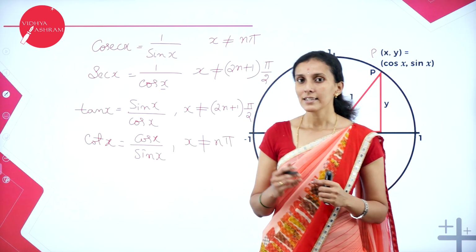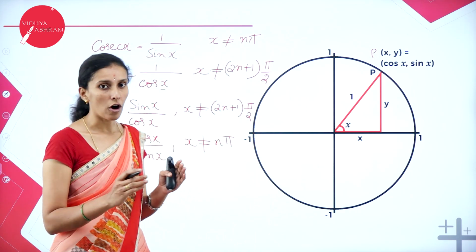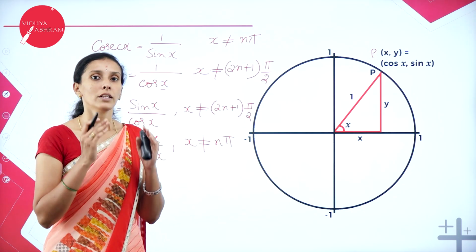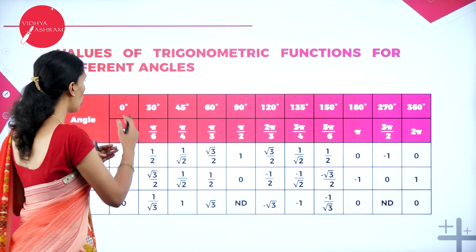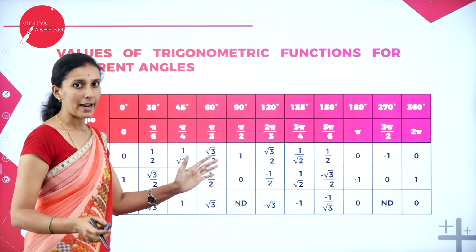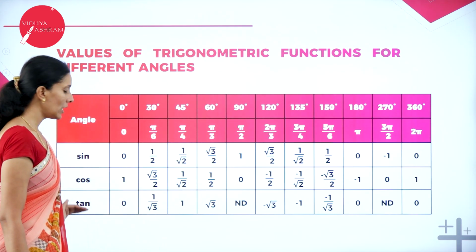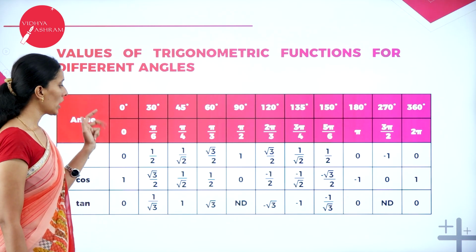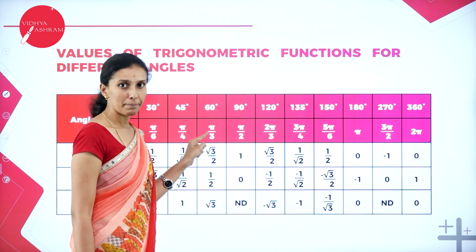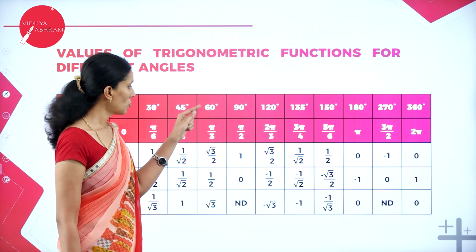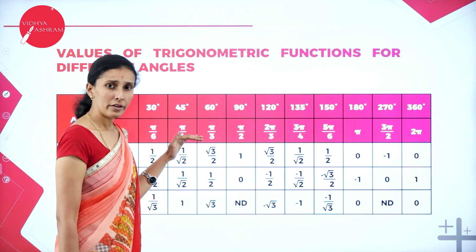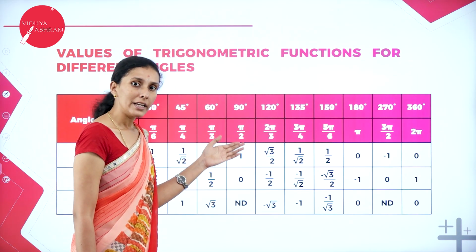Also, in your earlier classes, you have studied the standard values of trigonometric ratios from 0 to 90 degrees. Now, the same values, but here we have taken all the degree measurements in terms of radian measure. So these are the values which you can learn. Here I have given the angles: 0 degrees 0, 30 degrees pi by 6, 45 pi by 4, 60 degrees pi by 3. We have learned how to convert it. If you want degree to radian, just multiply by pi by 180. If you want radian to degree, multiply by 180 by pi.